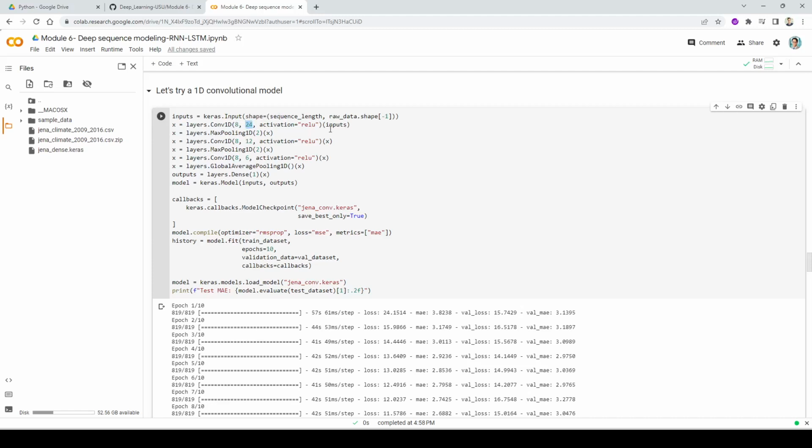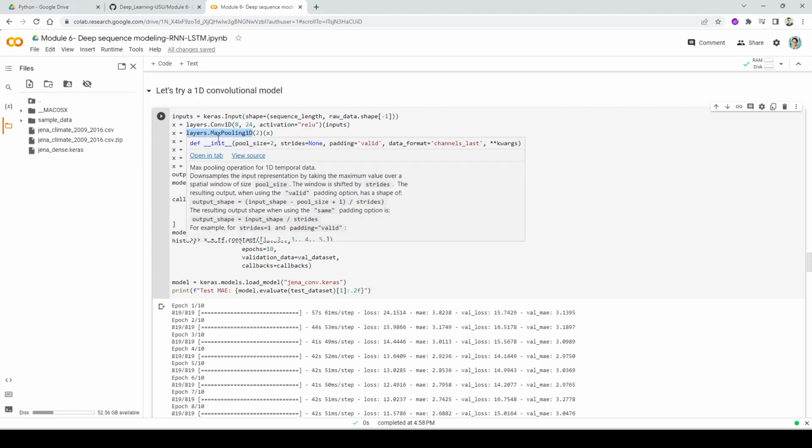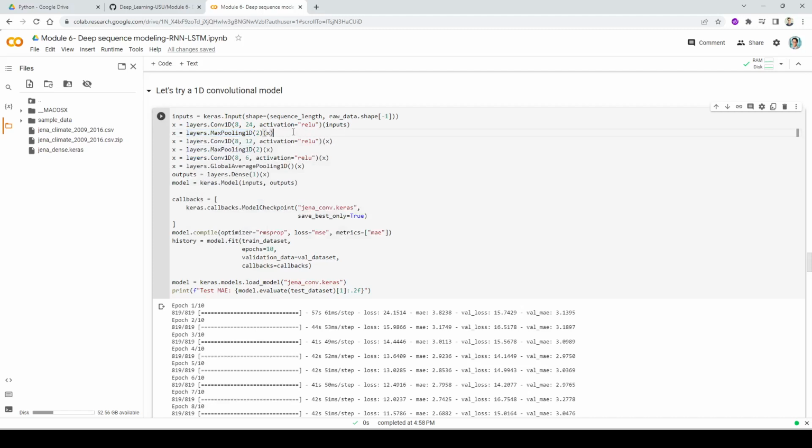And the activation ReLU, and then we're going to do max pooling after that convnet. So the convnet, max pooling, convnet, max pooling. So we're going to use the same architecture that we did in the computer vision section. And again, we have another convnet, max pooling, convnet, and then finally we're going to do a global average pooling to the entire thing. And just remember,